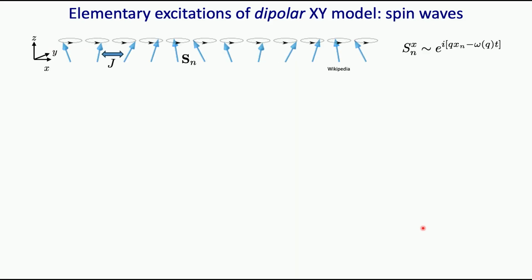Essentially, when you have an ensemble of spins that are coupled, the low-lying excitations can usually be described as spin waves. It's not always the case, but at least on the square, this is the case. So essentially, what you look at is the evolution of a spin component, and you try to impose a spin wave, and you look at the relation between the frequency of the spin wave and the momentum.